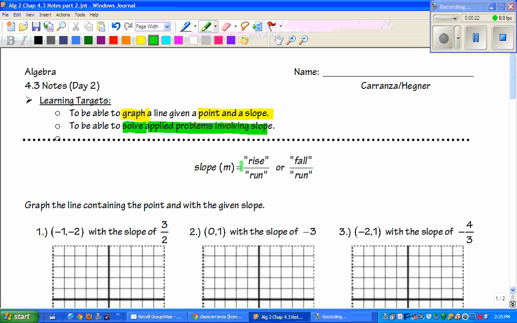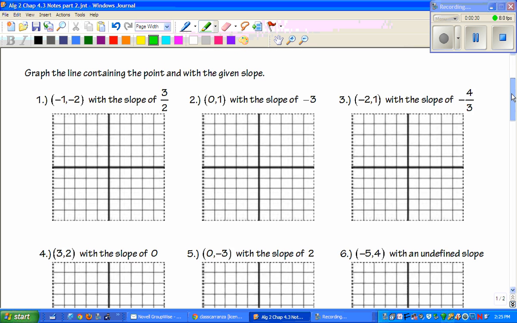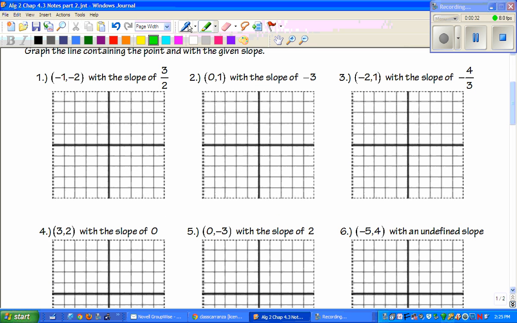If we remember from yesterday, slope is the rise over run or the fall over run. The slope tells us the direction of where we're supposed to go. In these problems, they give us a point and they give us the slope. This right here is where we start. So we need to go to the point -1, -2,